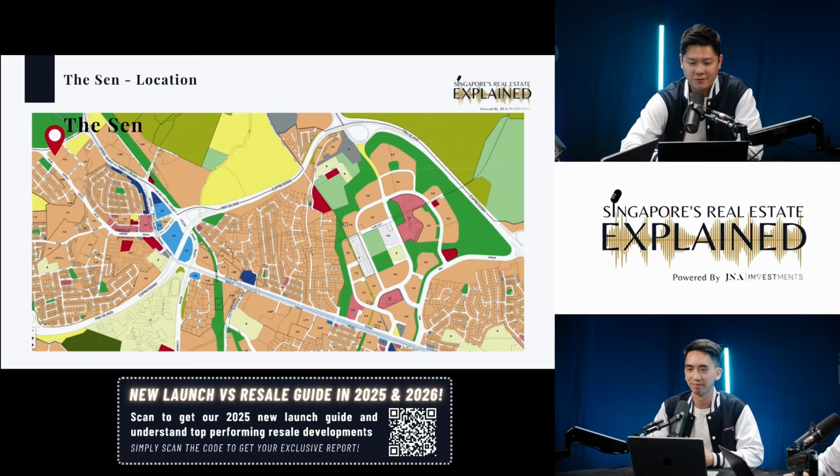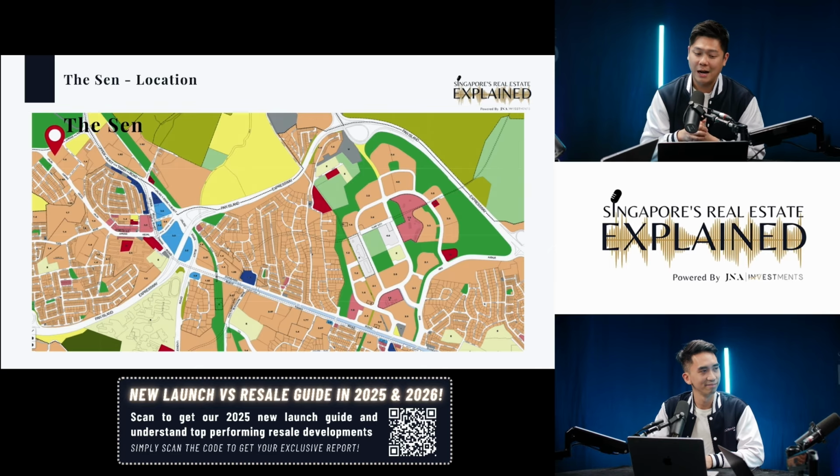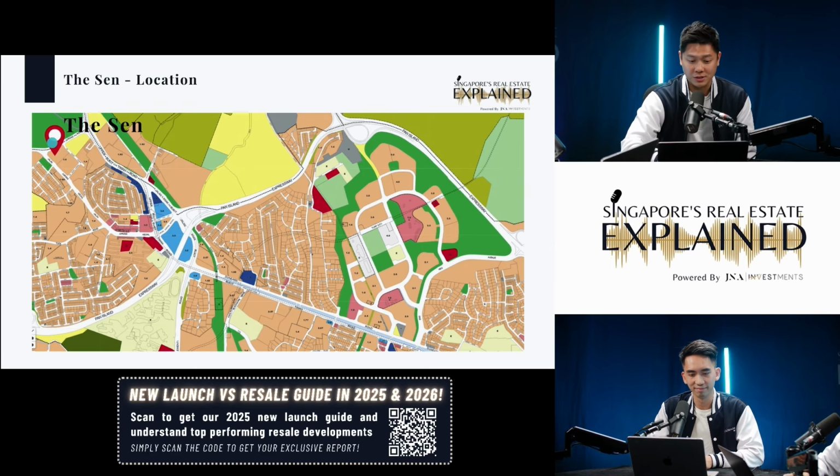All right. So zooming out on the map itself, you can see that The Sand is literally at the corner of the map, right? So this is actually sitting on the city fringe itself, meaning around the RCR region, which is the Rest of Central Region. Just across the road itself, you will hit the Outside Central Region, which is essentially like the outskirts already. All right. And then you also see the light blue area, which is essentially Beauty World area where you have all your eateries. And then the dark blue part at the end, over here, it's the King Albert Park MRT